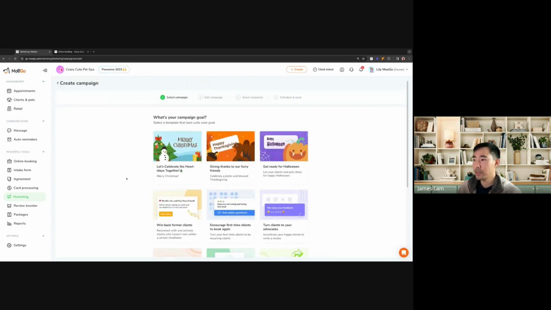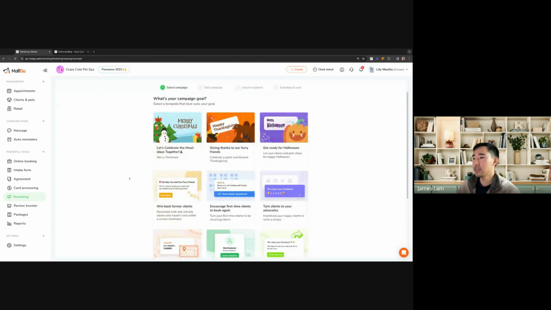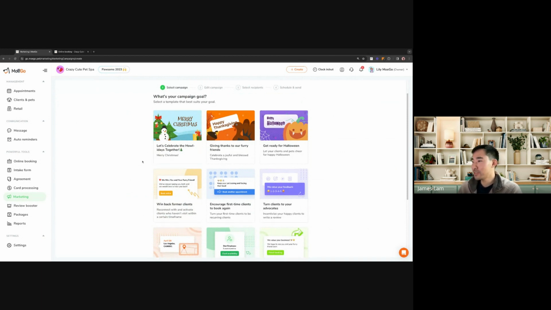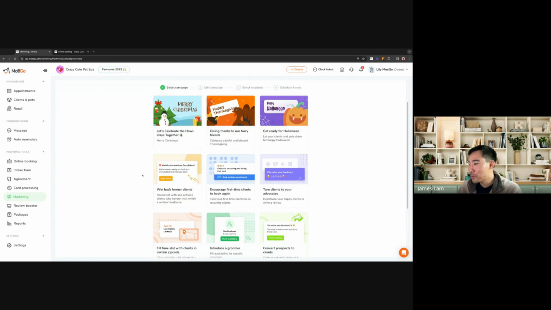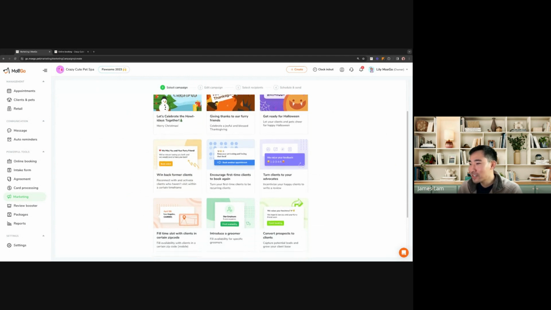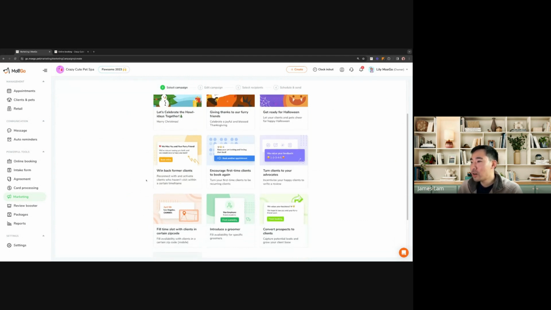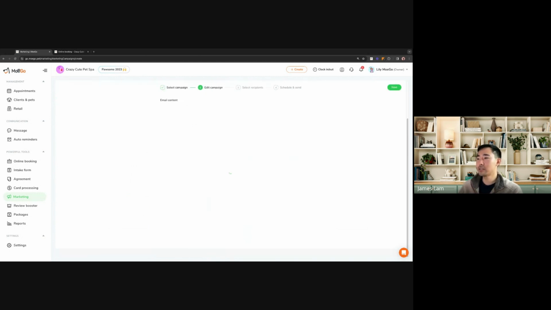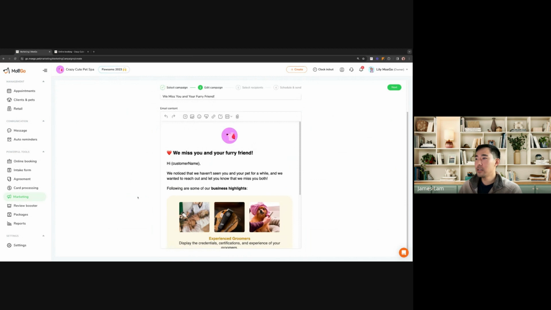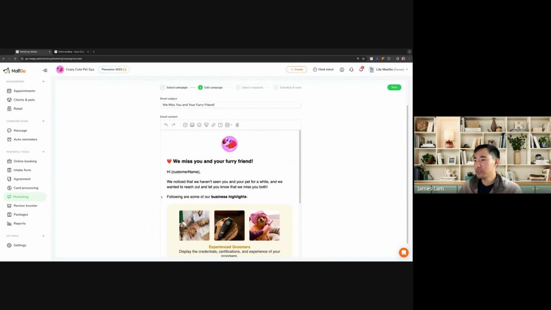You can click create email. Here I can see there's a ton of templates I can use depending on your campaign goal. So Christmas just passed. This template won't be too applicable now until end of the year again. Let's say we are trying to win back former clients, right? Things are slow. We click on this template, and here it populates a complete email template for us to send